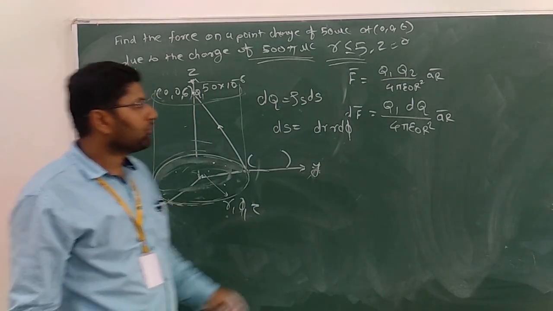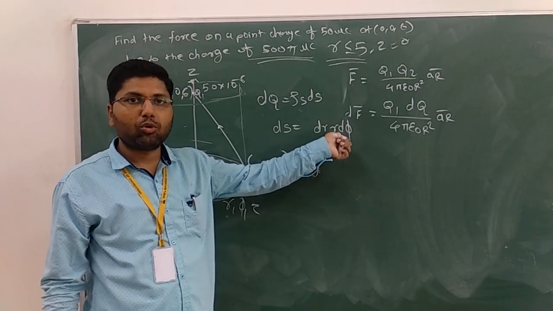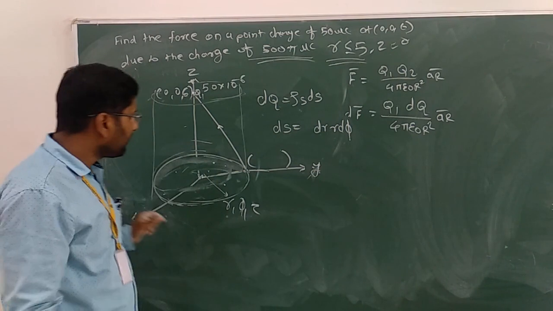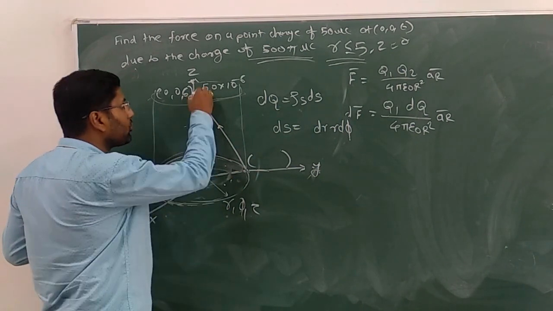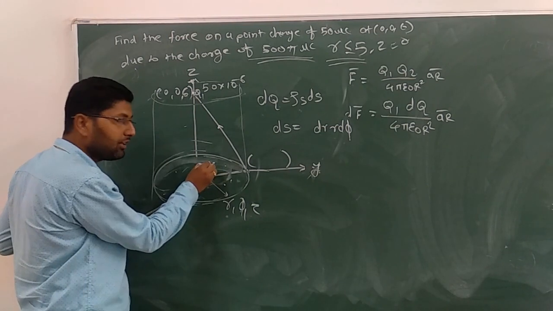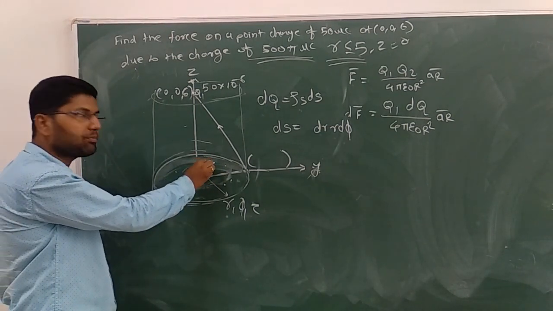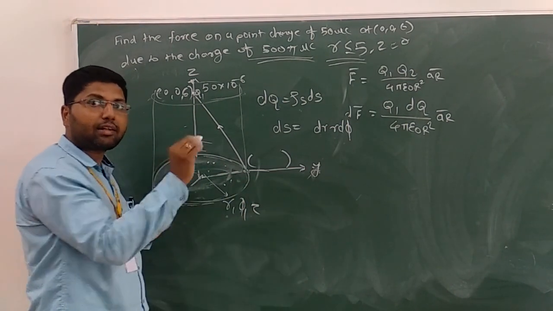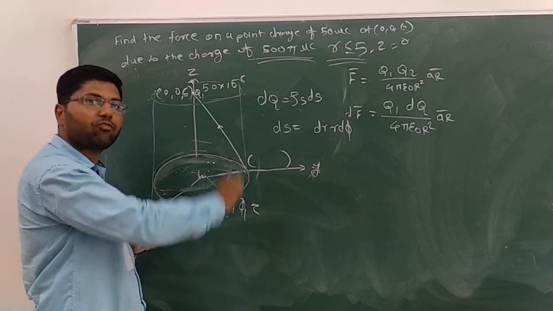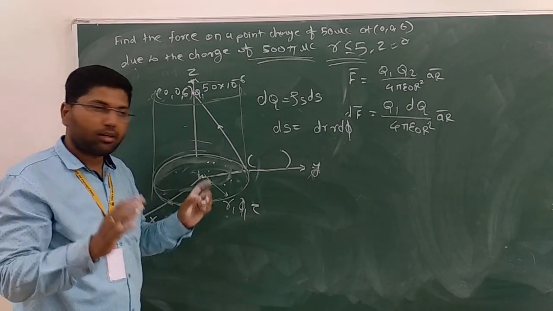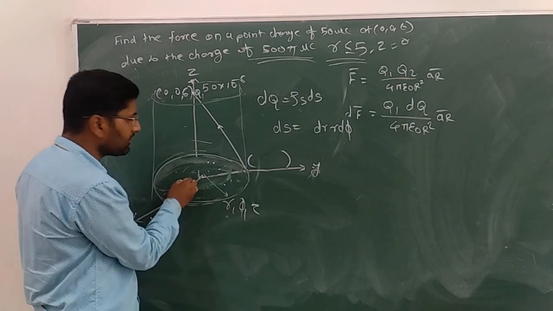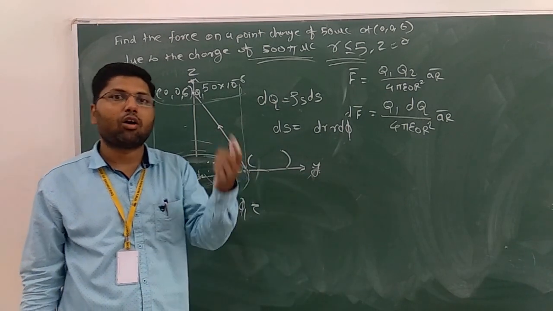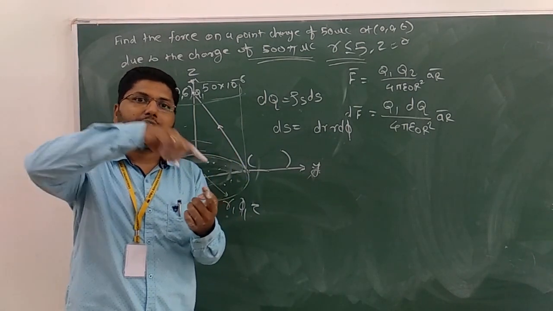Now you might want to put r is equal to 5 directly. No, you can't put r equal to 5 directly, because from here also you can calculate the force, and from here also, but here r is not 5, r is something different. If they gave you a ring, then r is constant, that is 5, but they gave a disk. Disk means the radius is different at different points. You might have seen a CD drive or DVD drive, where all the part is a solid part.